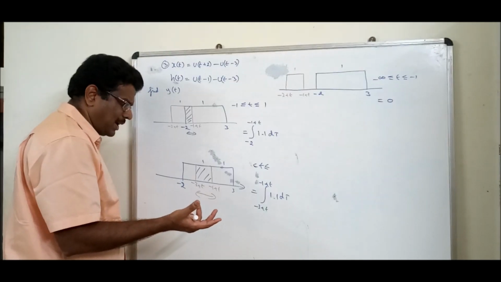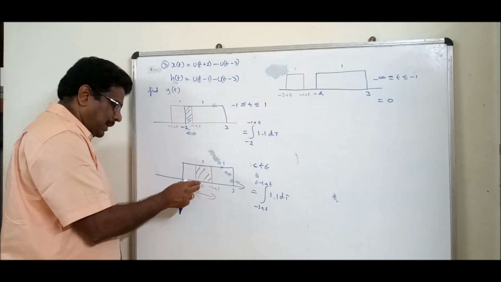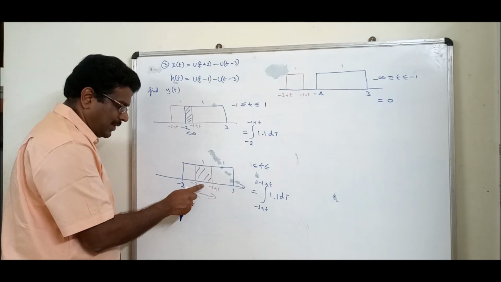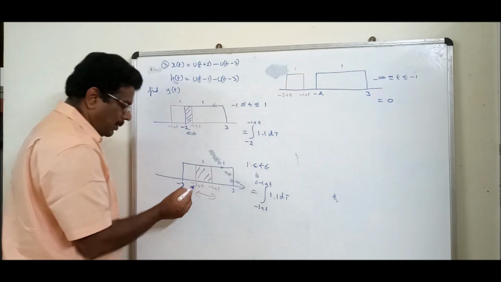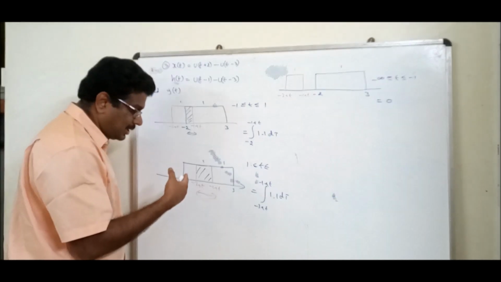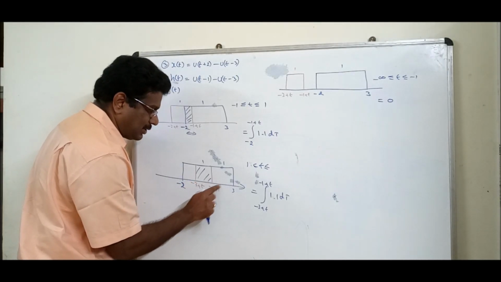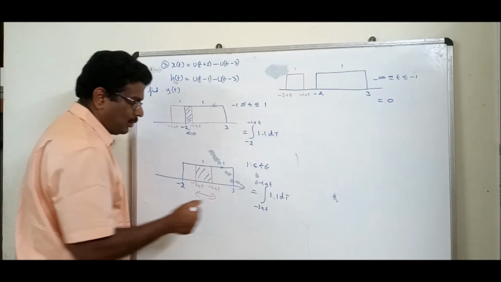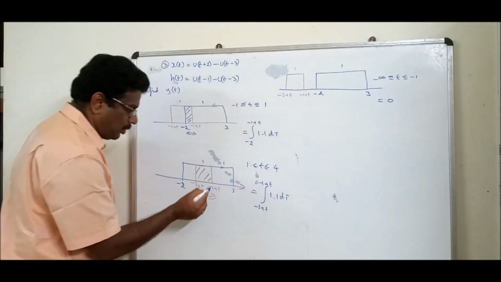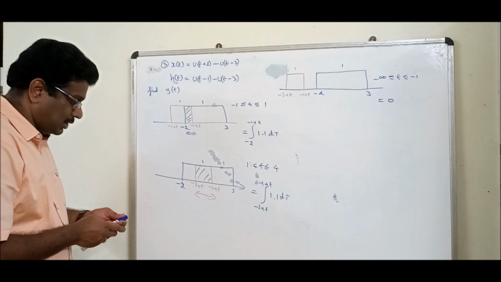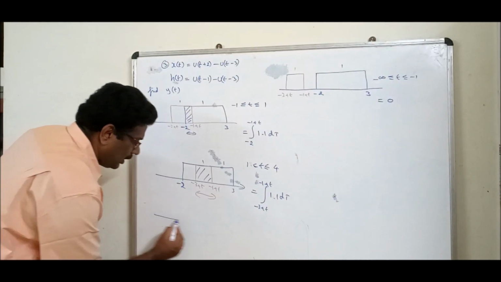I will give you a small analysis. From here to here, when this is touching here, what should be the t value? The t value will be 1. 1 minus 3 is minus 2. Constant amplitude ends where? When this red color touches here, it will end. What should be the t value? The t value should be 4. Am I right? 4 minus 1 is 3. So this is the way you should identify the amplitudes. Next, a lot of work is pending. What is the next one?